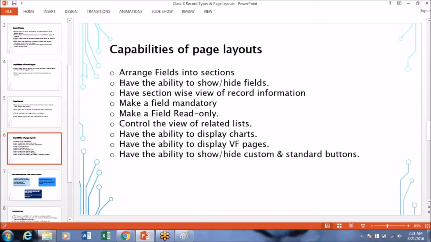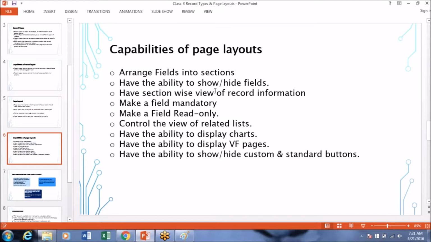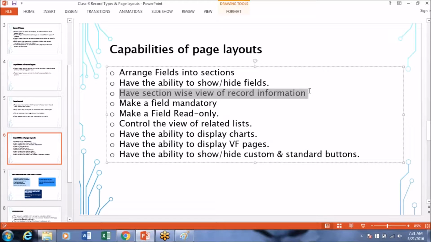We have the ability to show and hide fields. That is what we have seen. You can just drag and drop so that it will be shown or hidden. And we can have the section-wise view. We can create as many sections as per our requirement.